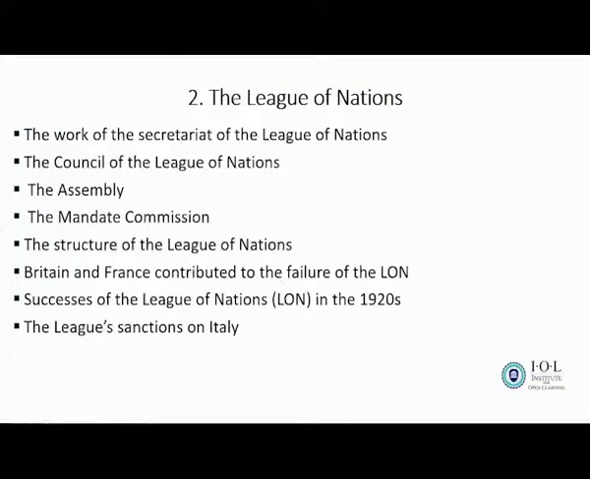Countries like Russia, USA, and Germany. Those are the three superpowers who were not part of the League. So the League of Nations had no power to stop countries from fighting. These three countries did not join. I hope we all know why the three countries did not join. For example, Germany was not allowed to join the League of Nations because it was accused of starting the